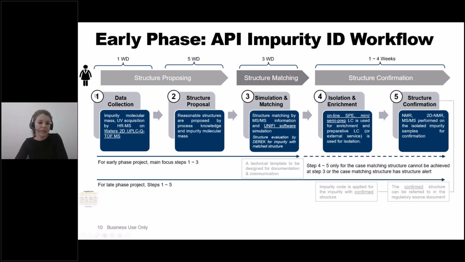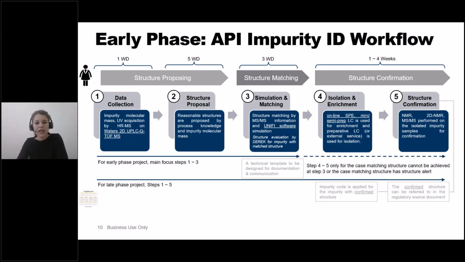So you can see that we start normally from a data collection. So we perform an LC-MS using mainly a 2D UHPLC system. Then together with the chemist, there is a structure proposal that is done based on the process knowledge and the impurity molecular mass. We do then a match by MSMS. We use mainly here Unify software from Waters, where we compare the proposed structure with the fragmentation observed experimentally for